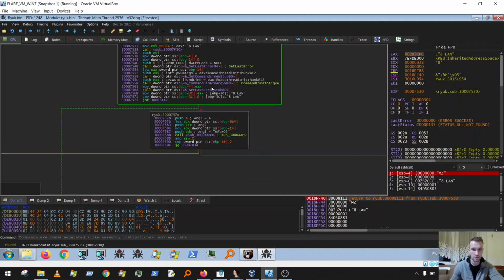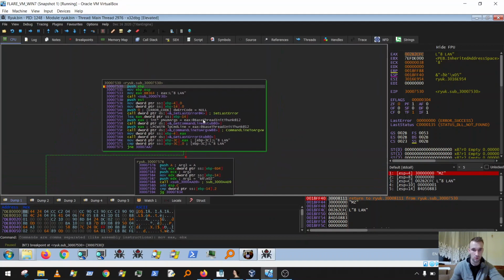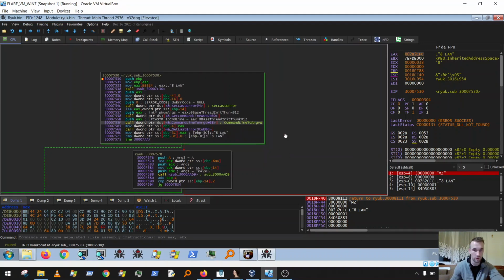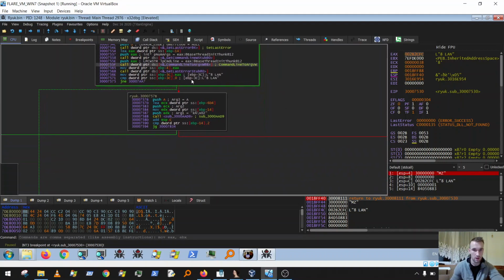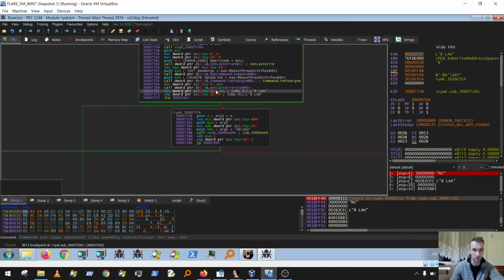So let's see. We can see here that it's getting the command line arguments, and here it's checking if there is some error. If there is no error,